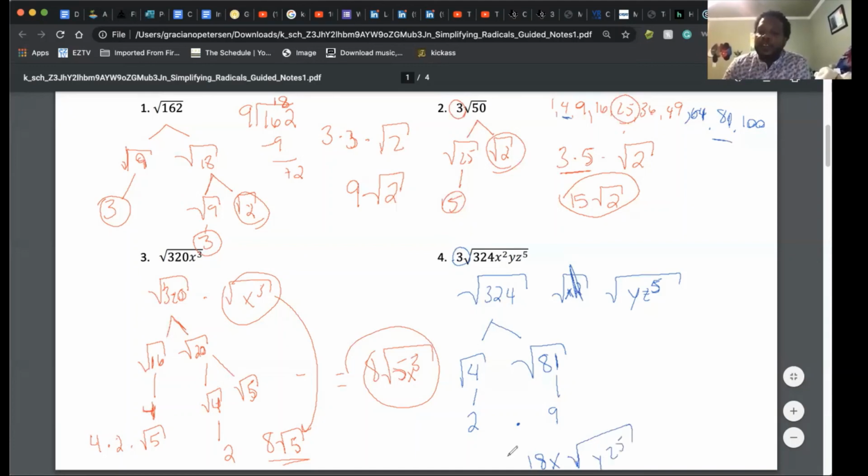So when we simplify this answer, it's going to be 18x times the square root of y z to the 5th power. Let me write that again because it's not really straight. I want to make sure you guys see it straight on. 18x times the square root of y times z to the 5th power. Okay, so this is your